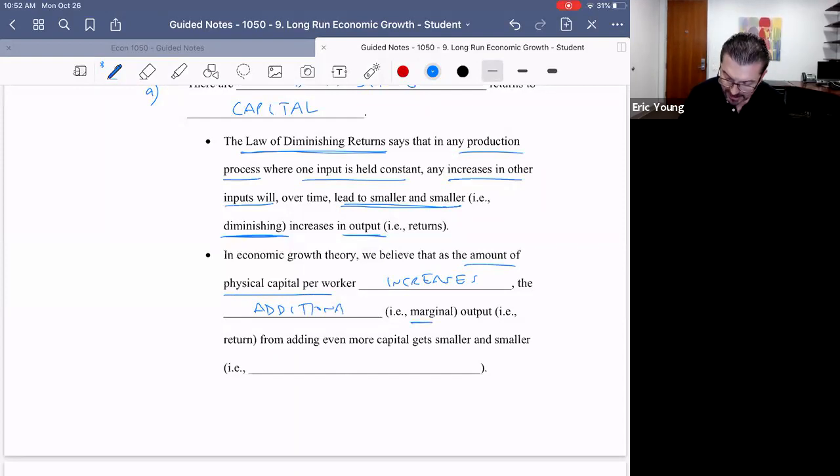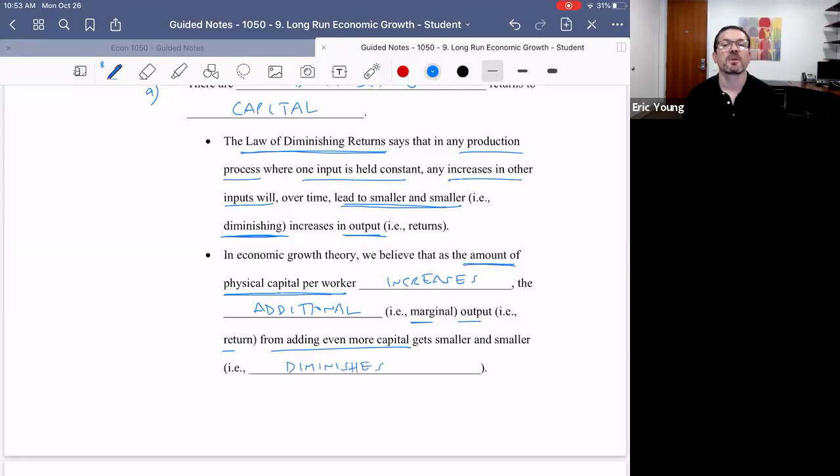So the additional output is also called return. So again, we believe that as the amount of physical capital per worker increases, as you invest in more and more capital goods, the additional output from adding that capital will get smaller and smaller over time. In other words,